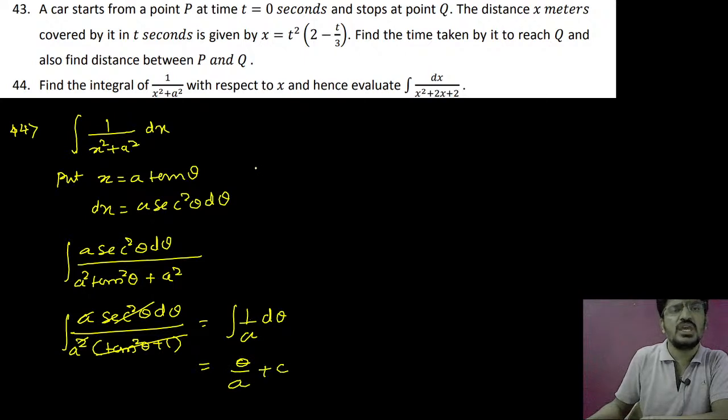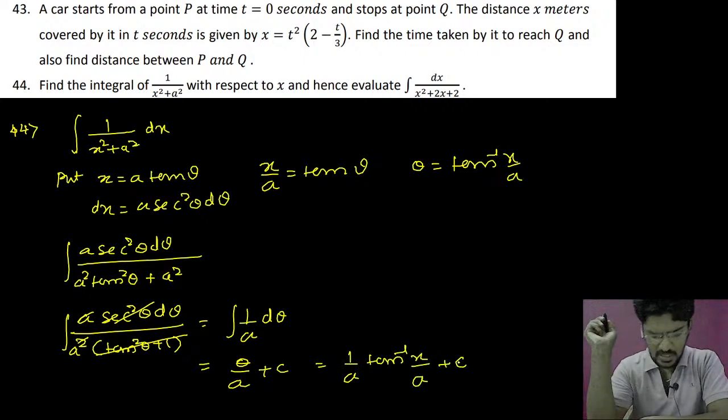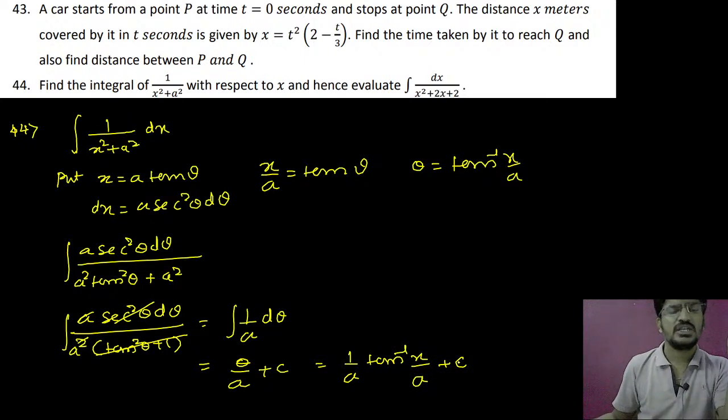So that you can see here x by a equal to tan theta, and theta will be equal to tan inverse of x by a. So therefore 1 by a into tan inverse of x by a plus c. This is your answer. Clear? Theta by a plus c is nothing but 1 by a tan inverse of x by a plus c, will be your answer. Clear? Now very quickly we can move to